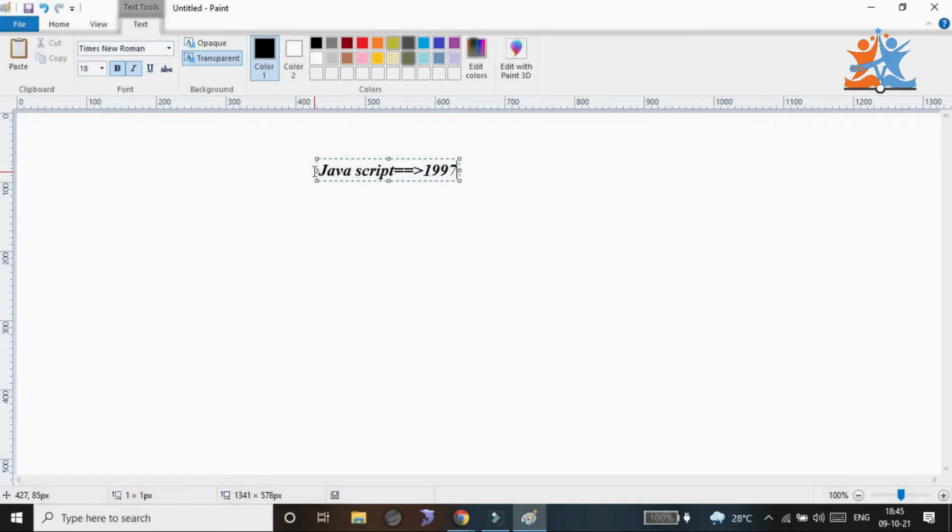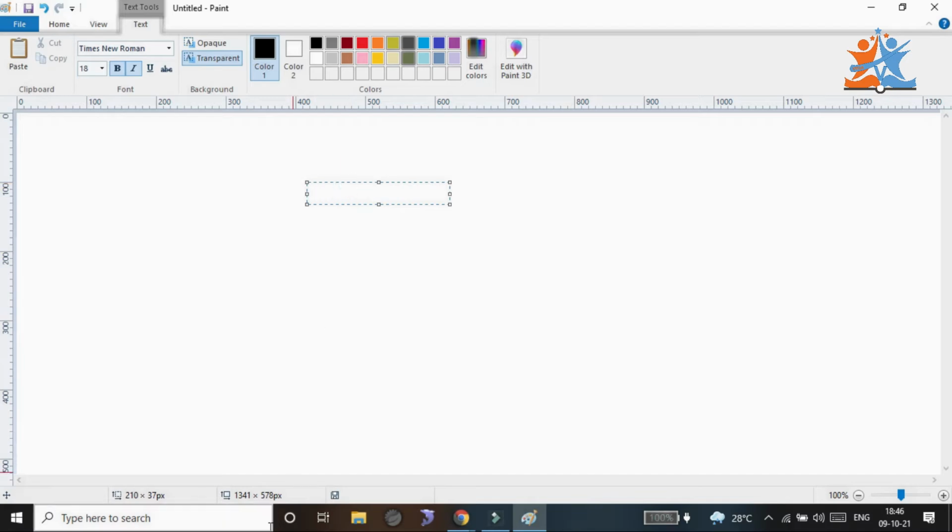So how will JavaScript work? Sir, JavaScript works along with HTML. How will it work? If we know the basics of HTML, we need to design something, and we need to see how validations will work, how JavaScript will be involved with the help of HTML. All these cases we need to see now.